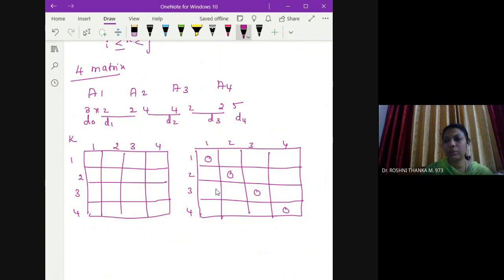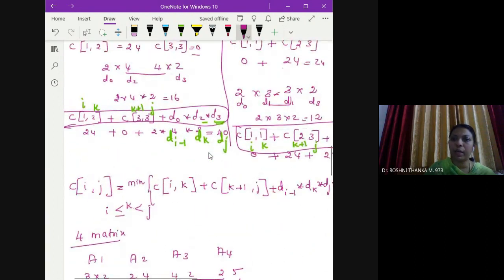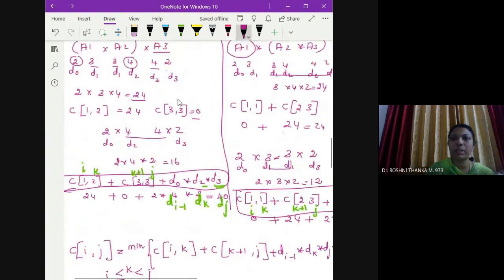Okay, so this one we are not going to fill, so we can write it in rotated format also. Somewhere you can see the table representation in a cone shape or a triangle shape also. Whichever is comfortable for you, you can use it. So here already we saw if the i value and j value is same, which means there is no need